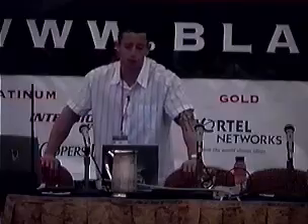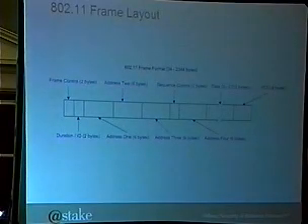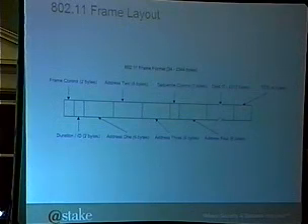So here's what we're looking at when we're talking about a generic 802.11 frame. A lot more complex than Ethernet. Those of you who are familiar with Ethernet, you've got a 6-byte destination MAC address, a 6-byte source address, and then a 2-byte type, at least for DIX Ethernet 2. The 802.3 Ethernet is a little bit more complicated, but who uses 802.3 anyway?